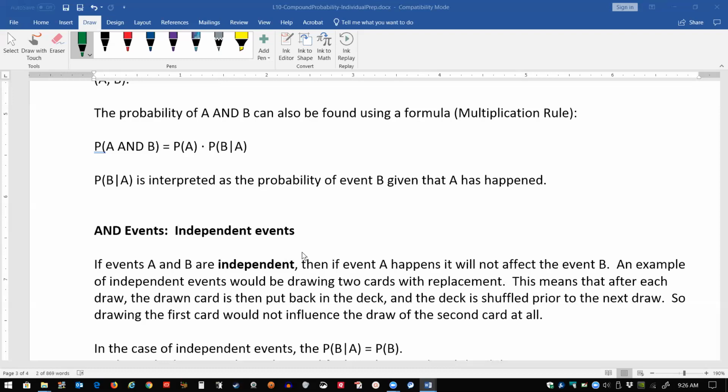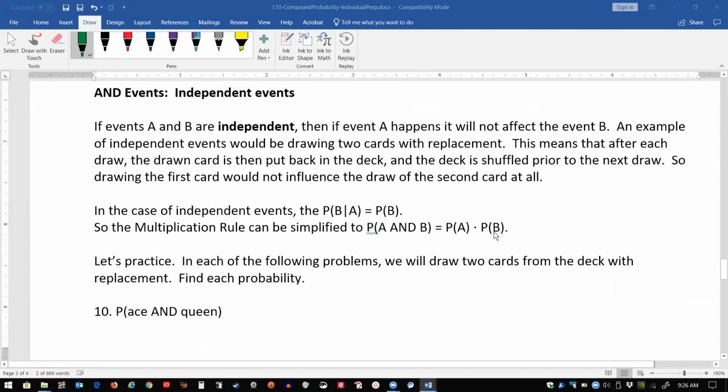So if the events are independent, meaning when the first event happens, the probabilities of the second event are not influenced, then we can replace that second term in our multiplication rule simply with the probability of the second event. Okay, so these are the more simple versions of the and probabilities, but let's do some just to get a handle on this. So for example, on number 10 here, we have,